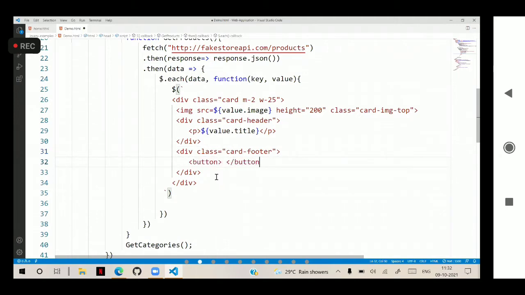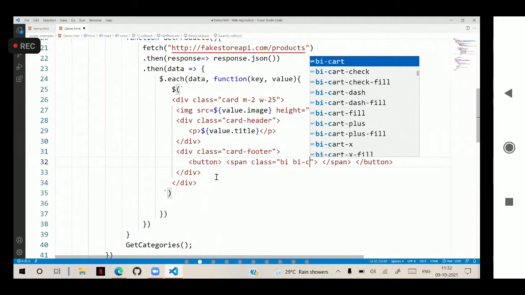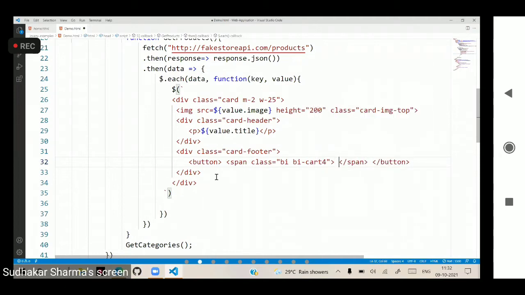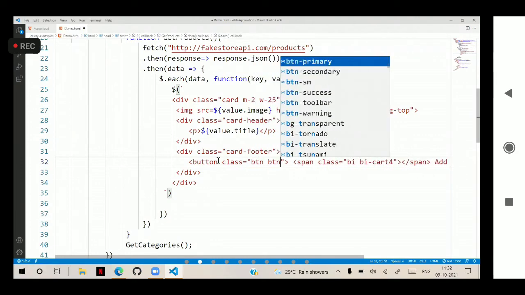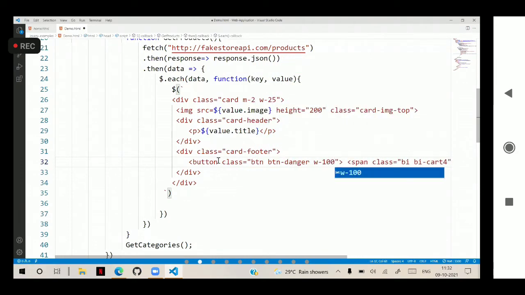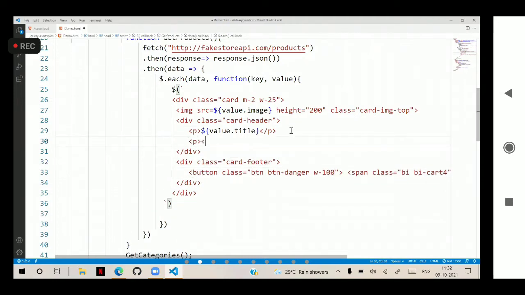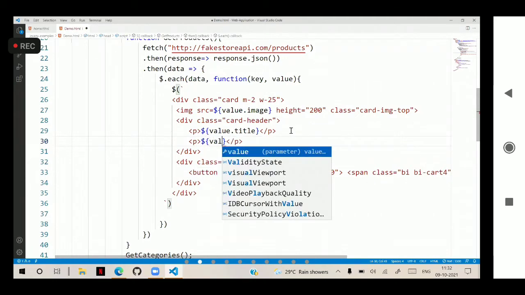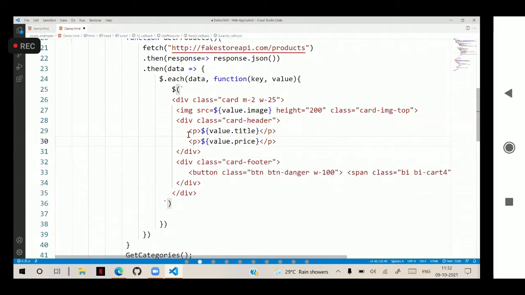Button, and here I will put a span, and in that I will keep class equal to bi bi-cart4, and we will put add to cart. This button will have class btn btn-danger w-100. Okay, and below that itself we will put a paragraph, and we will keep the price. So we have price, value.price. Okay, these details are there.